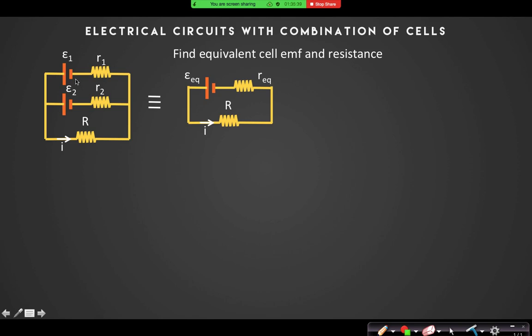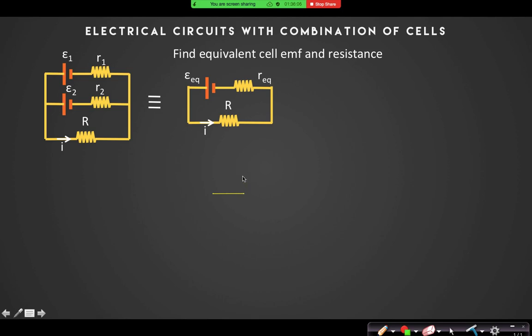So in electrical circuits, sometimes we have combination of cells like this. Suppose there are two cells of EMF E1, E2, internal resistance R1 and R2. Right? EMF means when the cell is open, the cell is not sending any current, then there will be no potential drop across its internal resistance. Right? So in that case, the potential of the cell is equal to the EMF of the cell. Have you got what I am trying to say?